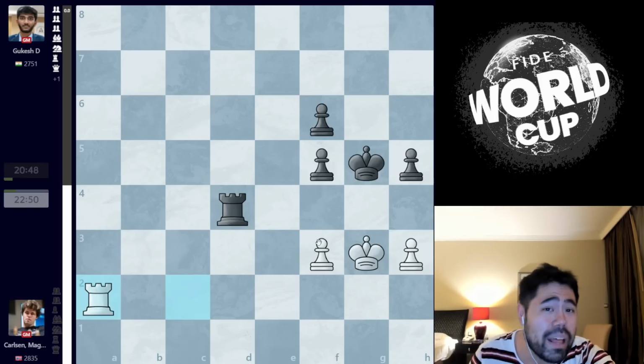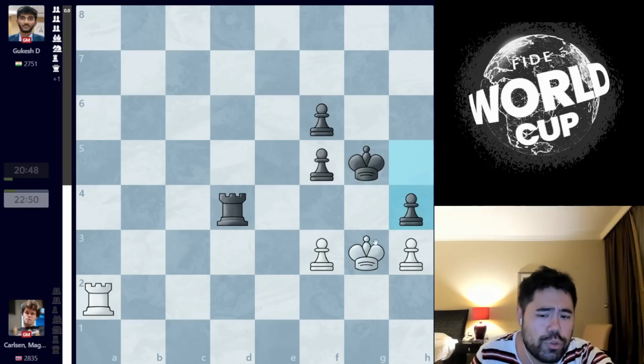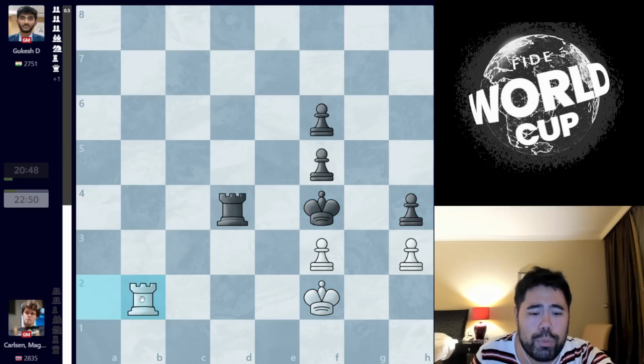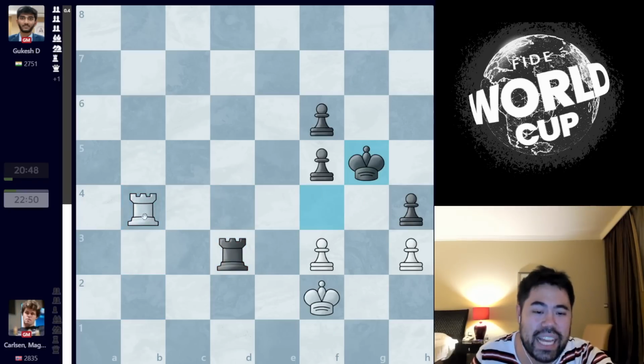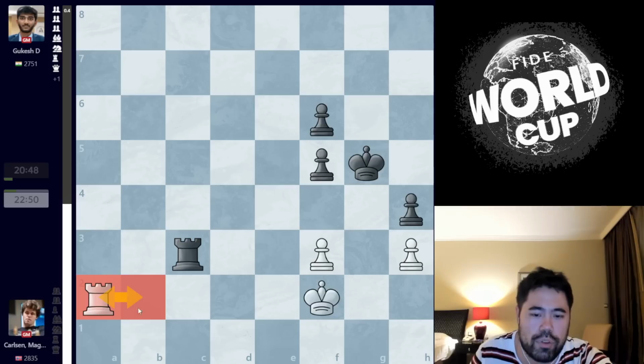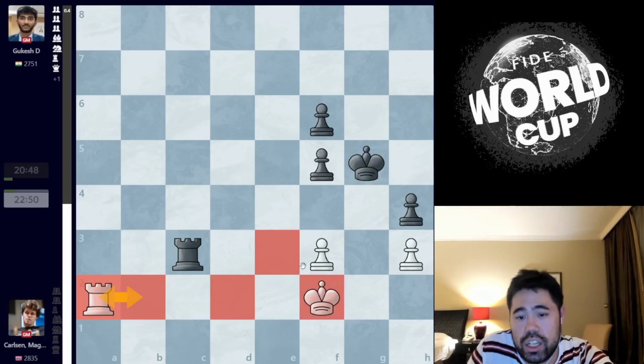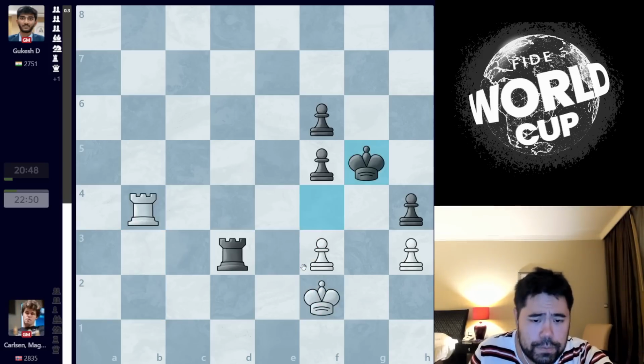It doesn't matter what black does here, you cannot win. The two chances black has are either h4, f4. You can go h4 with the idea of king to f4, but the problem is white just waits forever on the second rank, and you can't check. If you ever go rook d3, I simply check the king back, and then I go rook b2 and I wait. And if you don't bring the king forward, I just keep sitting forever on the second rank, and this will be a draw because black cannot make any progress.